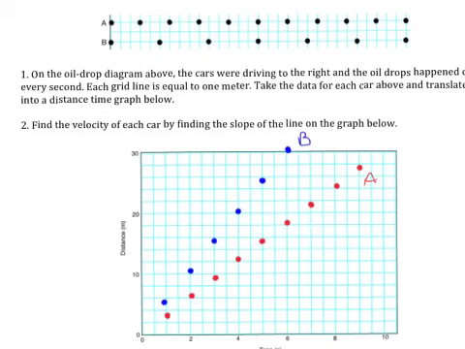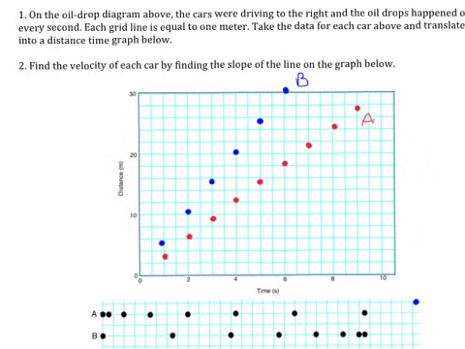All right, the first one I've asked you to do is find the velocity of each car by finding the slope of the line. Now, obviously, you can look here and say, well, if A went 3 meters every second, it's going 3 meters per second, and if B goes 5 meters each second, it's going 5 meters per second. But what we're trying to see here is simply the slope of the line that we get. So if I take the slope of this line here for A, and if I find the slope of it,